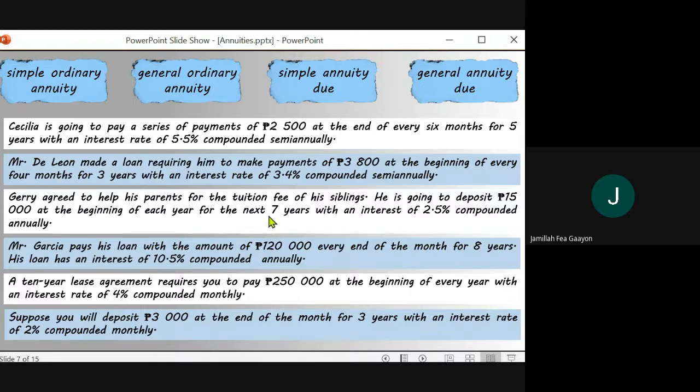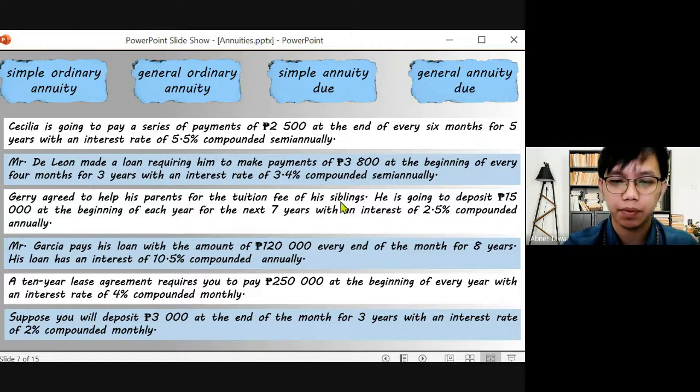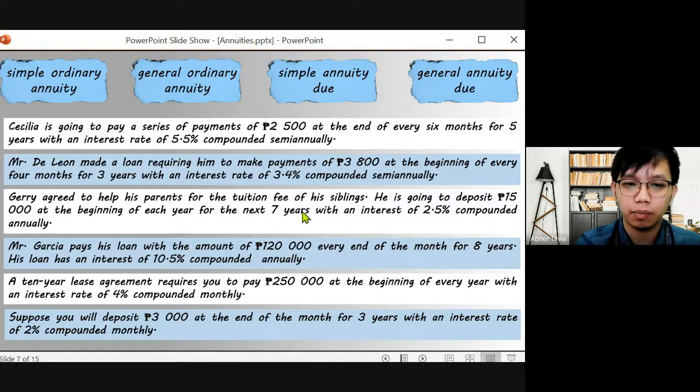Sir, any clarification po? Yeah, tama naman, general annuity due yan, kasi yung payment interval niya is every year and then yung interest period niya is monthly, tama ba? Compounded monthly, kaya siya general. Ayan. Paki-check nga kung tama, baka mali yung nakalagay. Pa-verify na lang. No, i-correct tayo. Ayan.